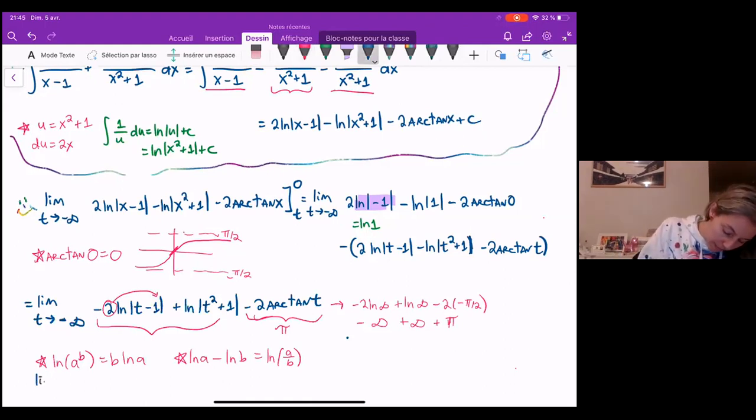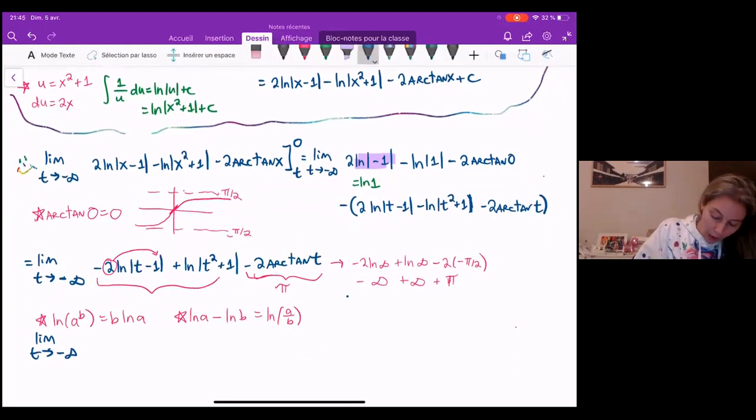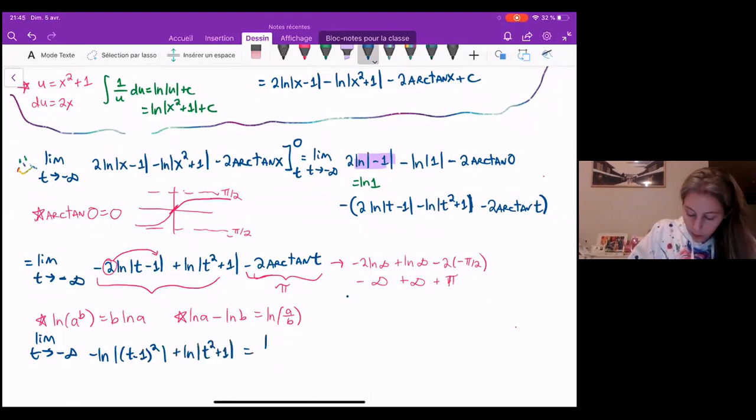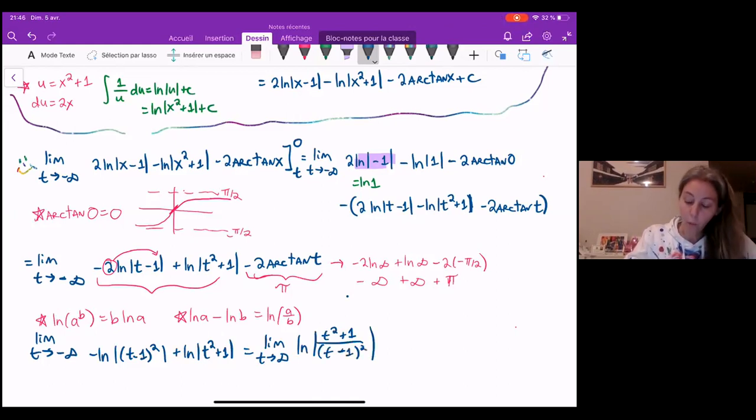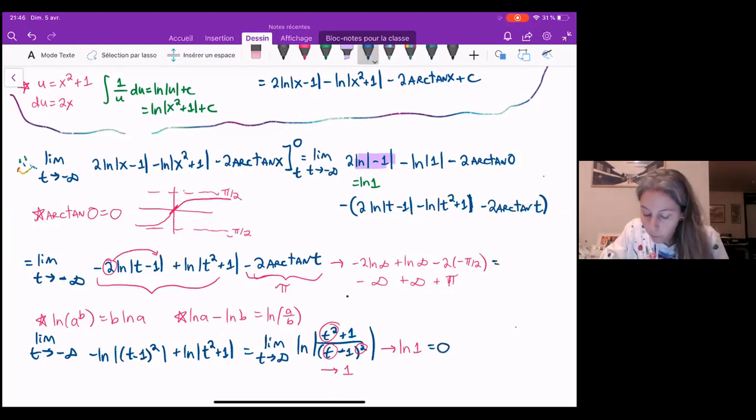So, the limit as t approaches negative infinity of negative ln of (t minus 1) squared plus ln of t squared plus 1 is equal to the limit as t approaches negative infinity, ln of t squared plus 1 over (t minus 1) squared. Well, on the inside, because we're approaching infinity, we have that rational function, we can just take the big stuff. So the inside there is actually just going to 1. So this is approaching ln 1, which equals 0, which means that up here, we actually have 0 plus pi,